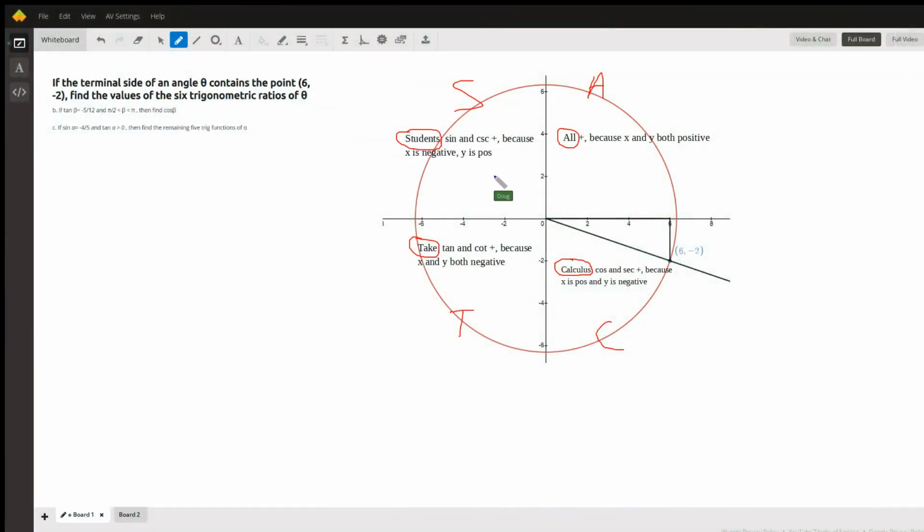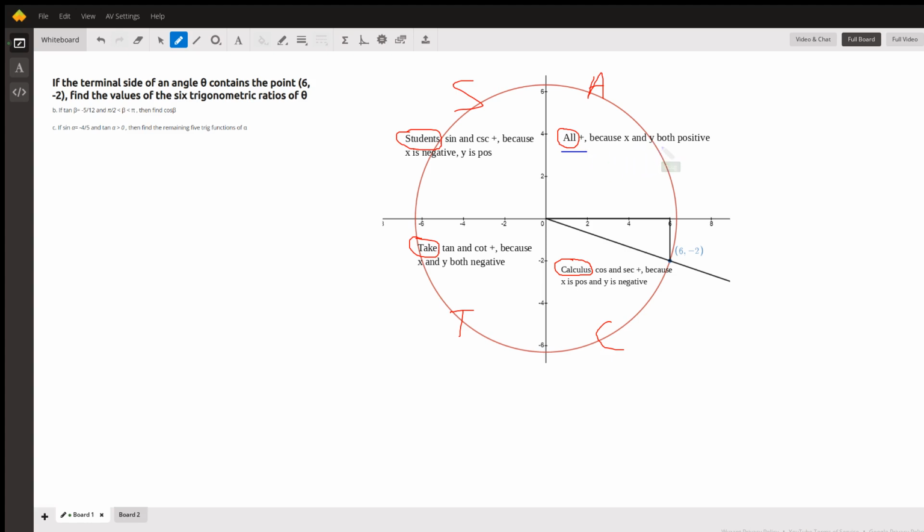Here I've drawn a picture depicting the situation, and I'm offering a memory device or mnemonic aid to help you remember in which quadrants which trig functions are positive. And that's "All Students Take Calculus," ASTC. And so what that means is in the first quadrant, all trig functions are positive because both x and